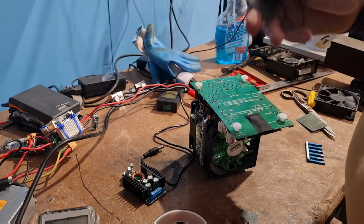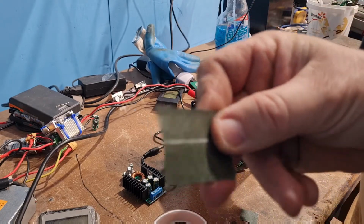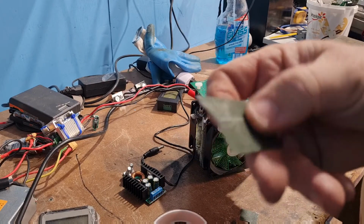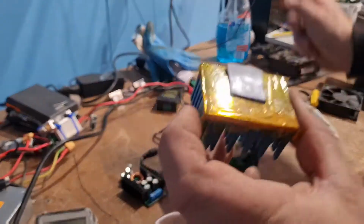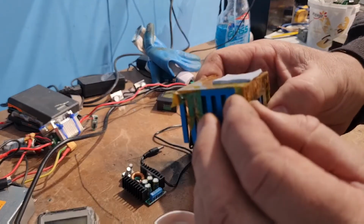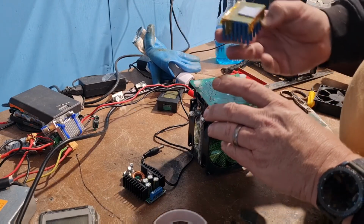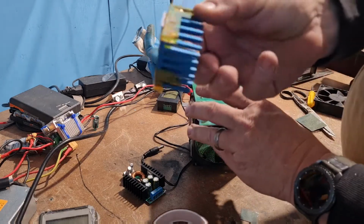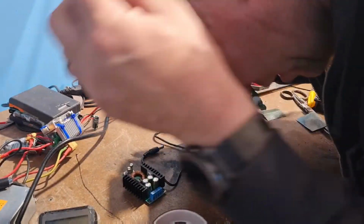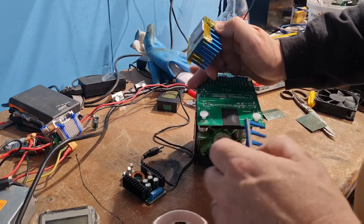And I used some of this laminated paper, which they use in transformers to space out things with the metal and stuff. It's got a bit of tape. I'm not sure if that's going to burn, but I put some Kapton tape on the actual equipment, and I'm going to put it on here like this. So first thing I did was, this was too big, way too big, so I cut it. So there you go. See, I can use it as a comb now. I don't have any hair, but I can use it as a comb,